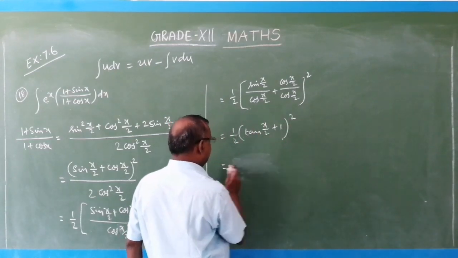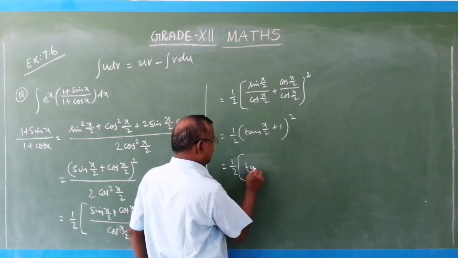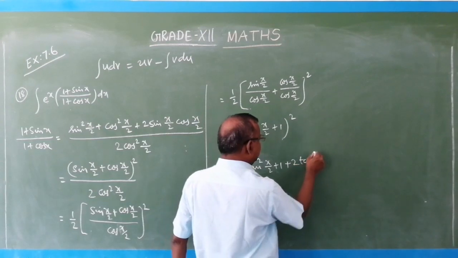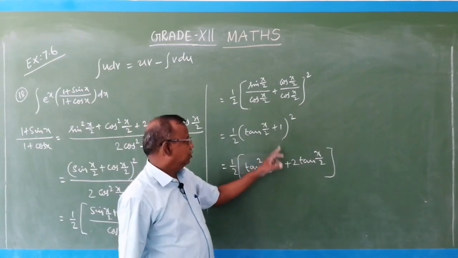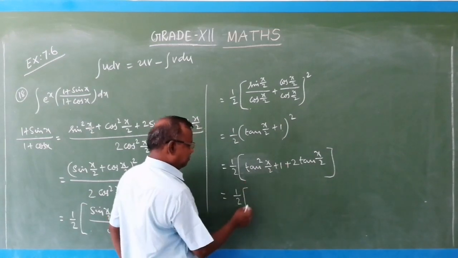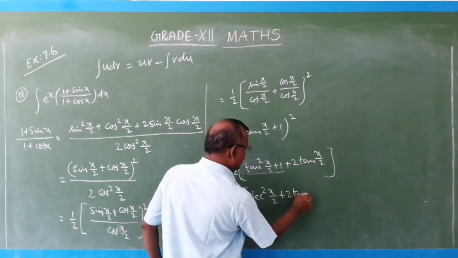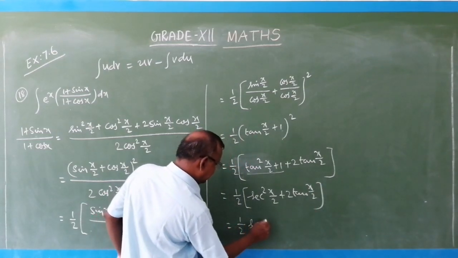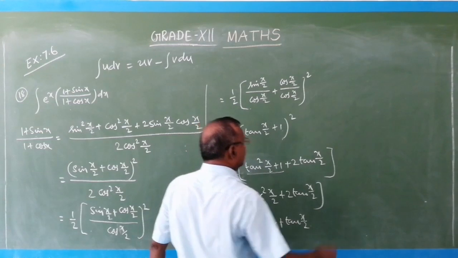Now expand this using the (a plus b) whole square formula: a square plus b square plus 2ab. That is equal to 1 by 2 into 1 plus tan square x by 2, which becomes secant square x by 2, plus 2 tan x by 2. This is equal to half into secant square x by 2 plus tan x by 2. Now,